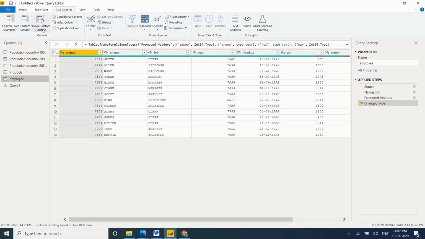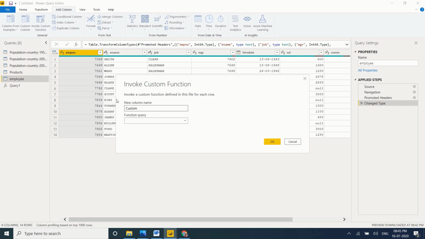Now you can see custom invoke function. Just click on custom invoke function. Now this blank query is invoked to the employee table. Column name I want to give as annual salary, Query 1. Okay.